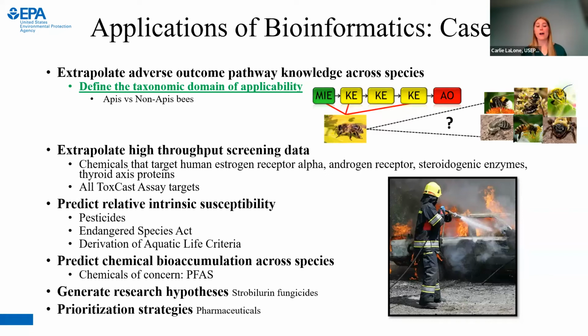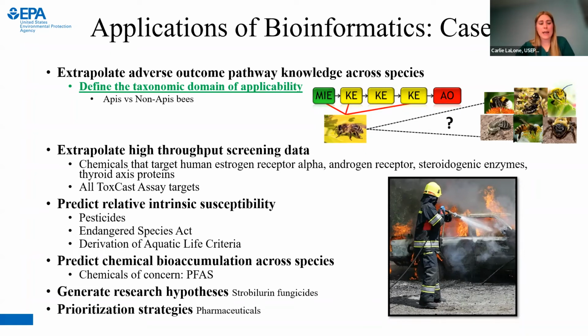species like the orca whale, or we just don't have toxicity data, as we wouldn't for a majority of threatened and endangered species. But a lot of times there is growing genomic information as well as protein information that we can utilize for predicting susceptibility. Most recently, we've been demonstrating the use of SeqAPASS for derivation of aquatic life criteria in